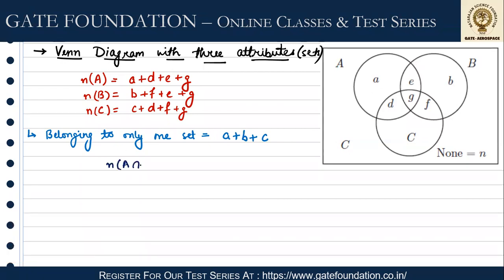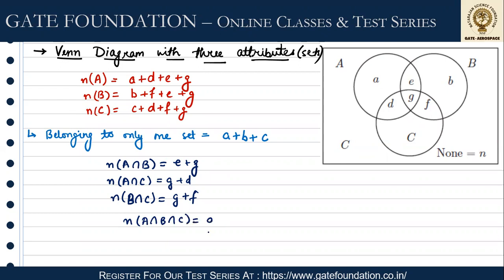ठीक है, इसके अलावा अगर मैं बात करूँ A intersection B, तो हमारे पास 2 एलिमेंट आते हैं, that is E plus G. Okay. Number of elements in A intersection C will be G and D, and number of elements in B intersection C, ठीक तो आ जाते हैं G and F. यहाँ पर भी हमें दिख रहा है कि भाई एक एलिमेंट है जो तीनों में कॉमन आ रहा है, that is A intersection B intersection C. Right. अच्छा यहाँ से हम और भी चीज बोल सकते हैं, like